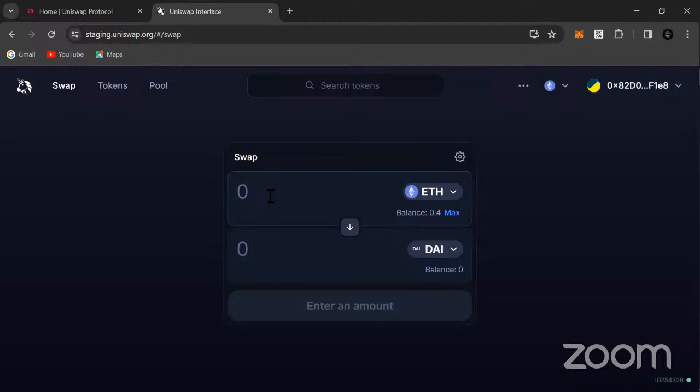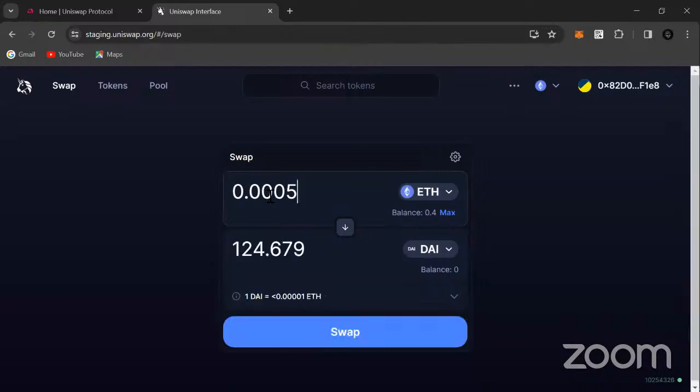So one DAI is $1. There's no volatility in it. It doesn't go up, it doesn't come down. It's always pegged to the dollar. We have 0.4 Goerli Ether. I think that's a lot. So let's say we want to swap 0.5. Let's see how many. 120 is too much. Let's see.